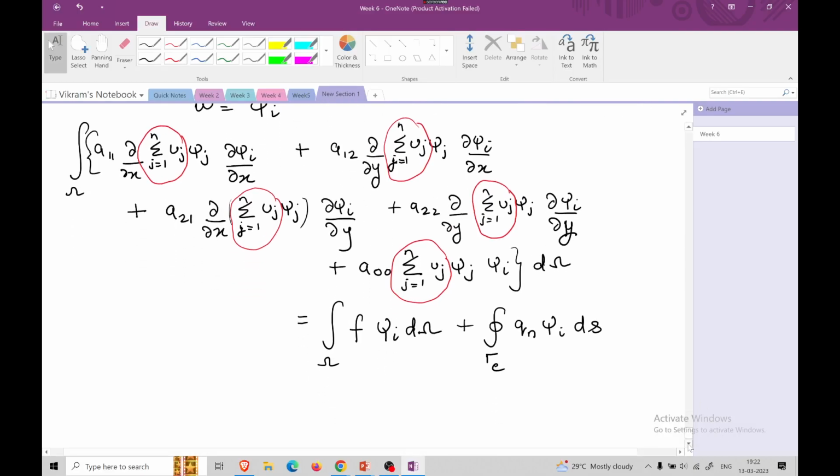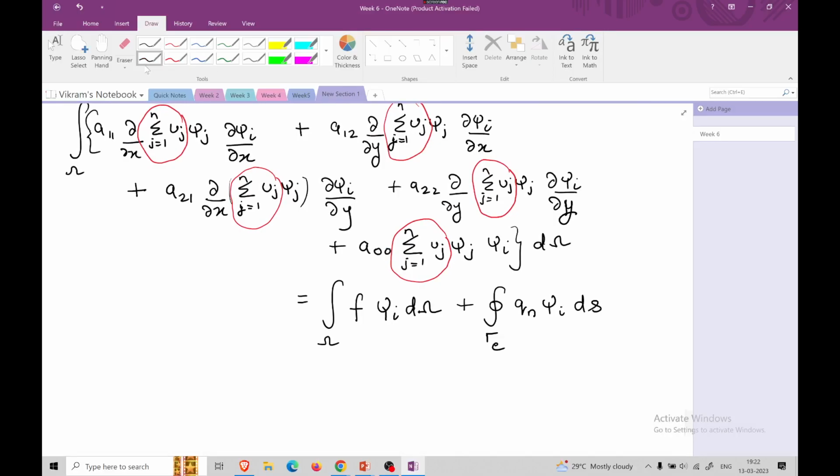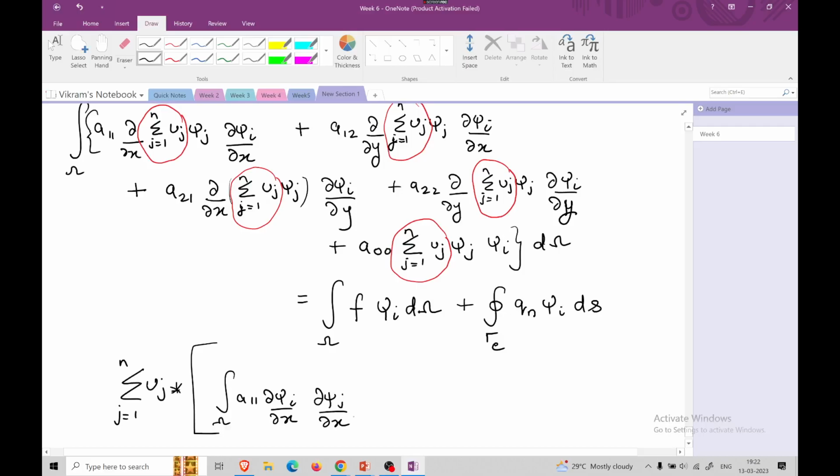So what I am going to do, the summation of j is equal to 1 to n uj is going to be common. So the rest is all going to be inside. So integral a11 dou psi I by dou x into dou psi j by dou x. I am going to split all the integrals, so d omega I can write as dx dy,